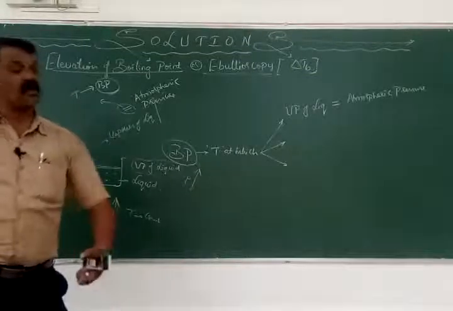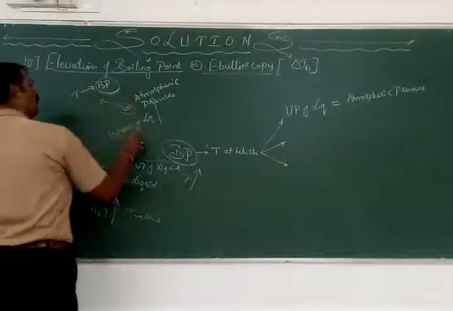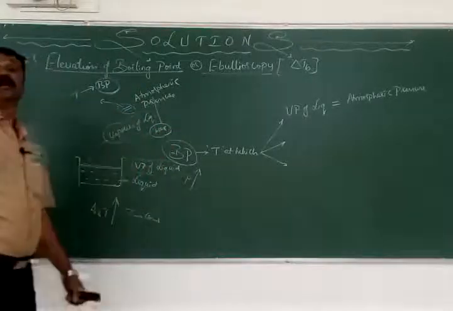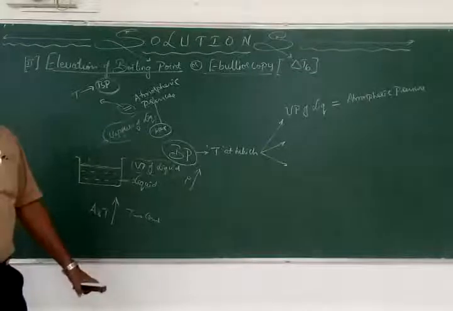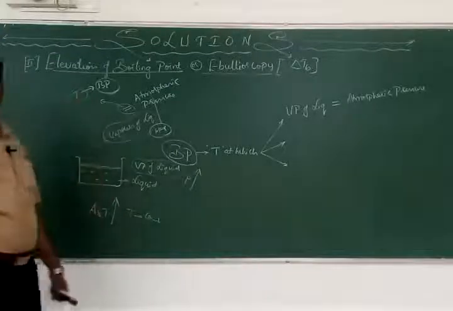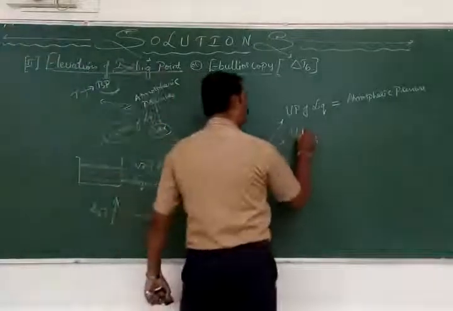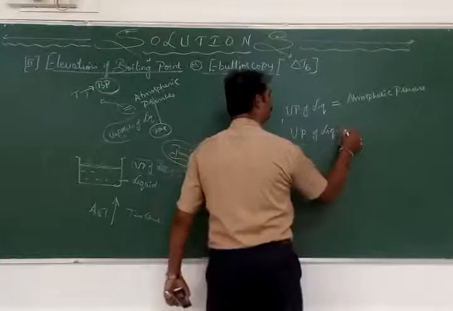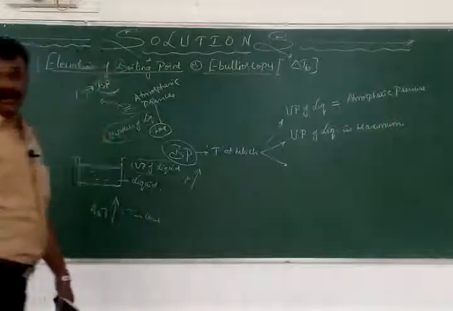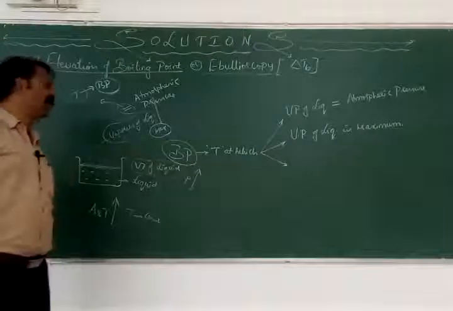Next, as we know, vapor pressure is dependent upon temperature, directly. As the temperature increases, the vapor pressure of the liquid goes on increasing. And at the maximum temperature, the vapor pressure also gets maximum. That's the last temperature where the vapor pressure of that particular liquid is found to be the maximum, and that temperature is also called what point? Boiling point. Means it is the temperature at which the vapor pressure of the given liquid is found to be the maximum. Then that particular temperature is called what point? Boiling point.